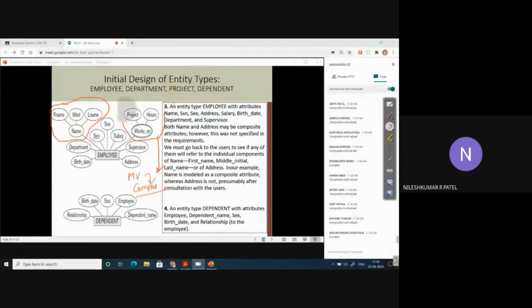Okay. So how do we represent these attributes? Composite multi-valued attributes, how do we represent them? If you want to write something, we represent a composite attribute like this in an ER diagram, but we use curly brackets and parentheses, right? As we discussed. So if you know this, that is good, right?